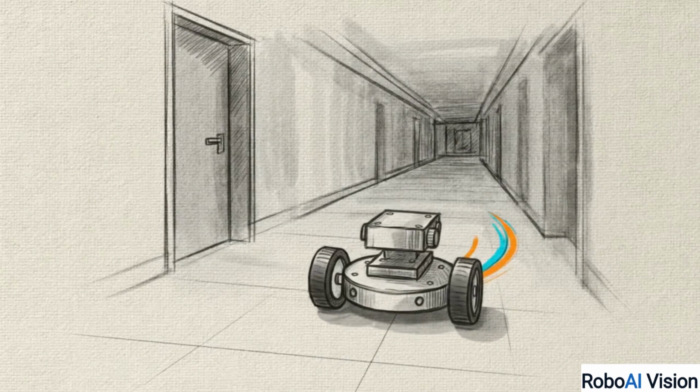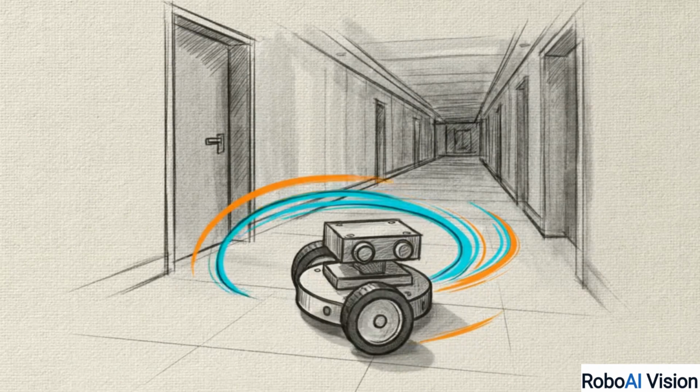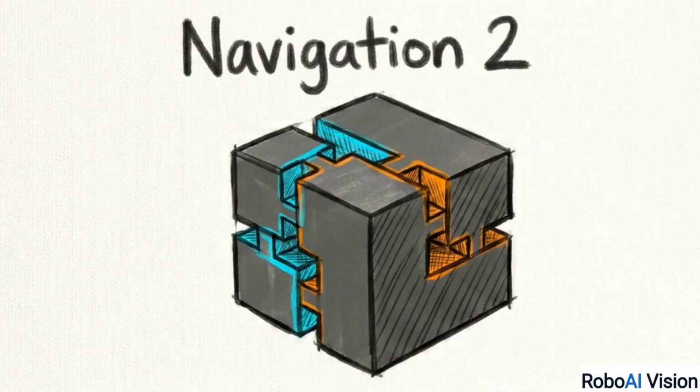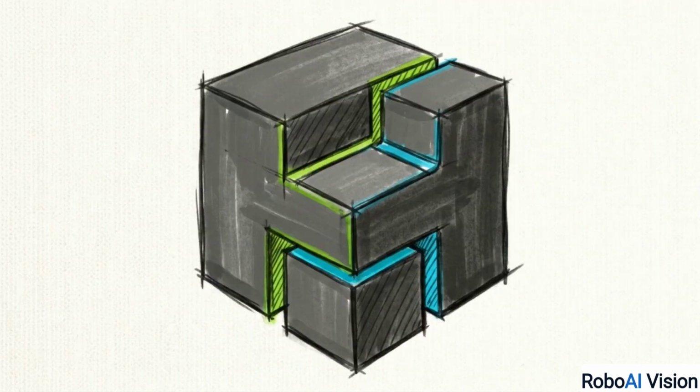For a robot to navigate a space, it must first establish its coordinates within a digital map. Within the ROS2 ecosystem, developers typically manage this requirement using the Navigation 2, or Nav2 stack. Nav2 is designed as a modular but highly integrated system, often bundling localization, cost map generation, and path planning into